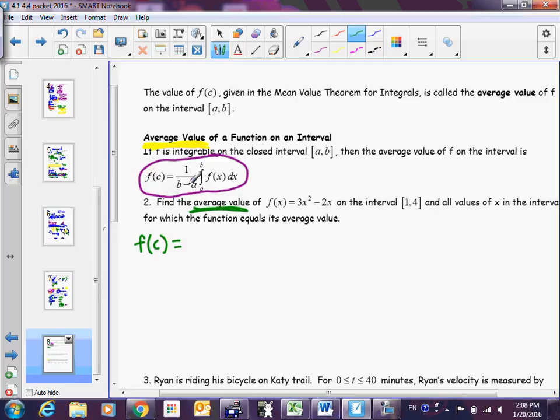So let's use this formula here. 1 over, okay? Label your interval a and b if you need to. Maybe today, good. Eventually, maybe you can recognize that as a and b. So 1 over, what numbers would I write down here? Instead of b minus a, I would write 4 minus 1. Then I would do times the integral, again a and b, so 1 to 4, of f of x, that's right here,